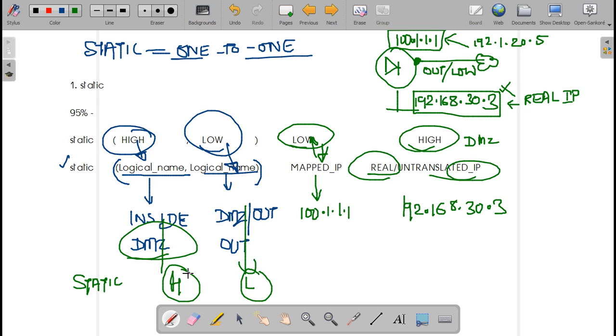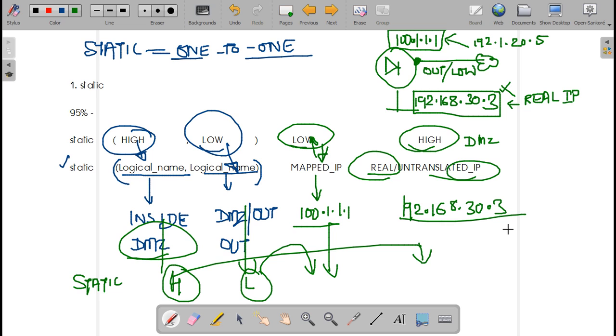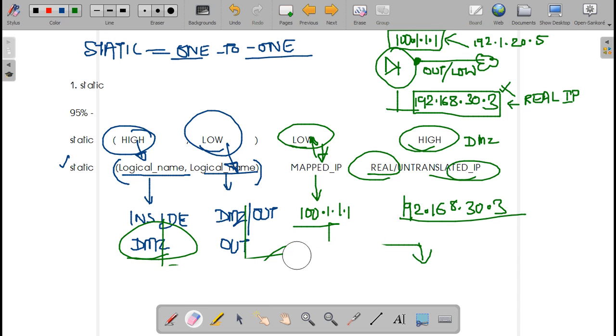Okay, then IP address at lower security level interface, which will be your mapped IP, and IP address at high security. So if you check the statement, it's right in the order.